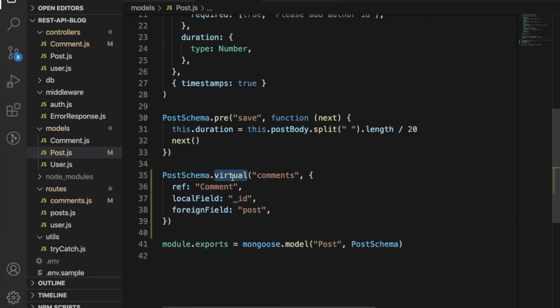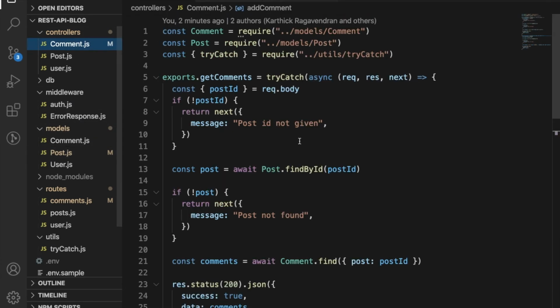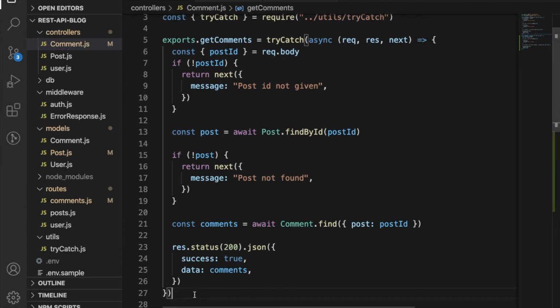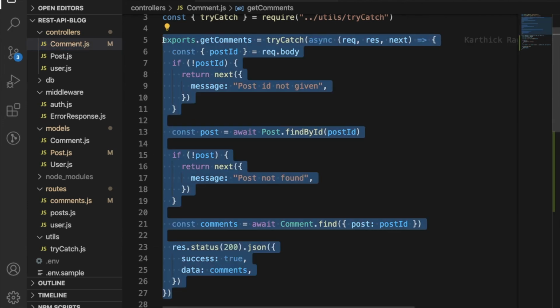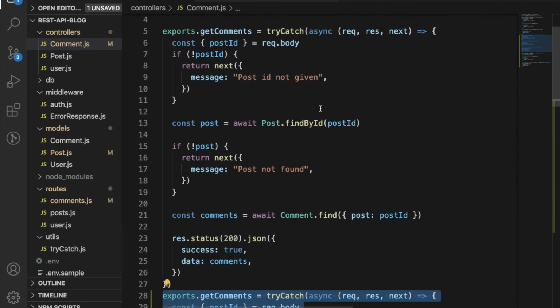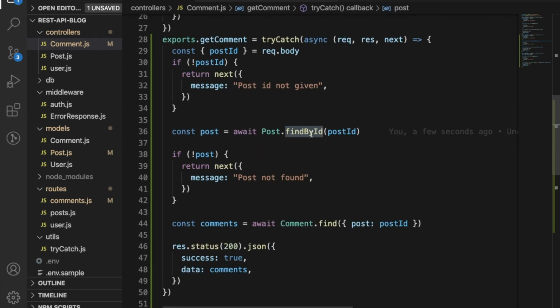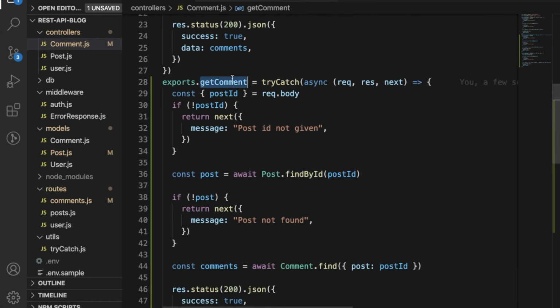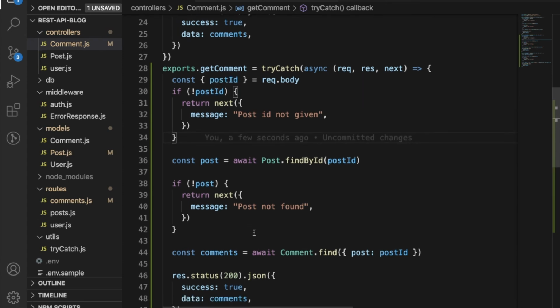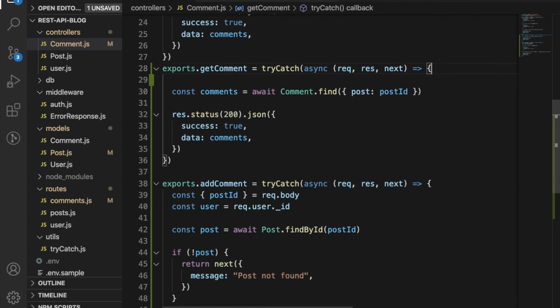Okay, so the virtual is done, and while creating the get comment, I'm going to use that virtual to populate the post data here. We're going to write the get comment. We're going to actually pass the comment ID in the parameter, so we don't want this stuff. So this is going to be find by ID,